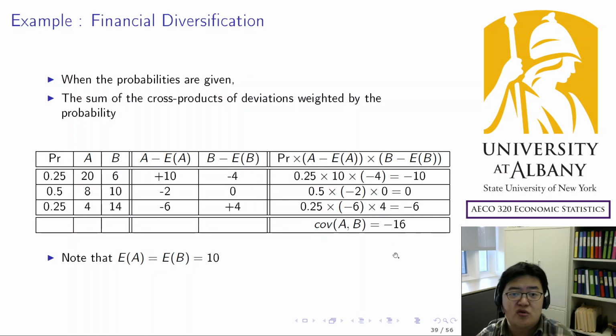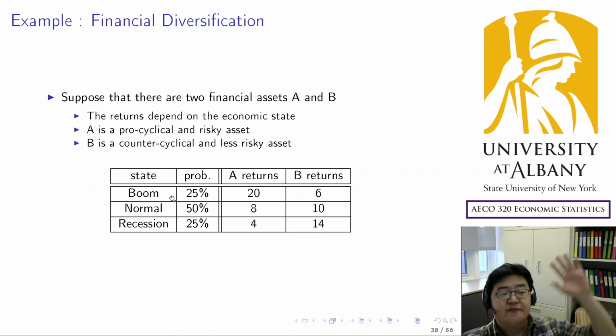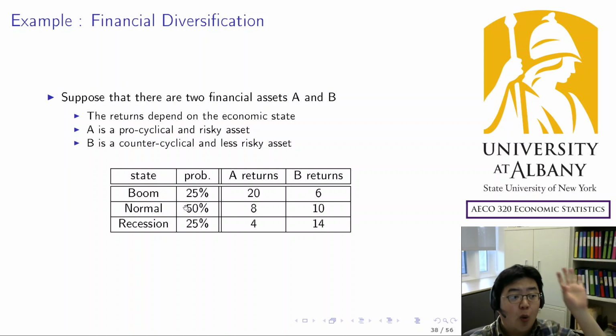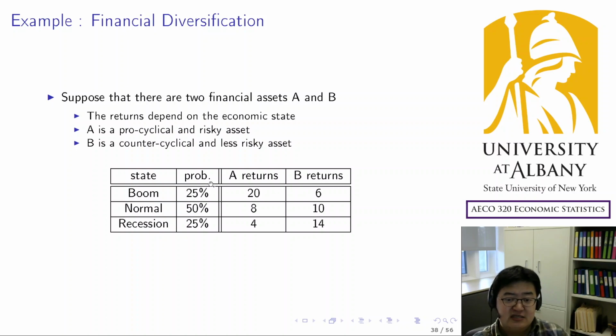Then what we are going to do is calculate the covariance between these two assets. There are two assets, and their covariance becomes very important in a financial portfolio, right? Let's first calculate the covariance. In this case, the major difference from the earlier examples, like temperature and the economy or macroeconomic variables, is that there we just observe over time. So it's like raw data. But in this case, I give you